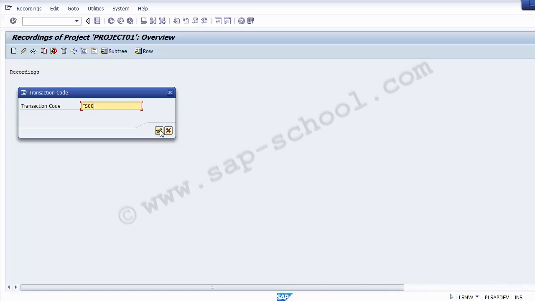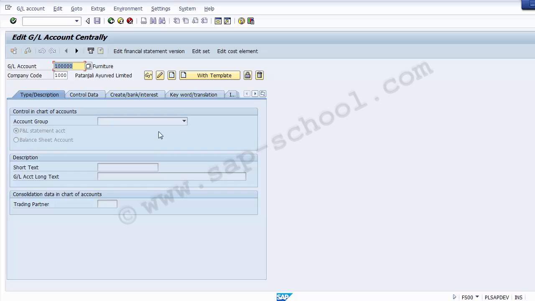So moving on to the next, continue. Now you can see on the screen that the transaction has been called up, and now we'll be creating the recording for it, and we need to assign the GL number over here which needs to be created. The GL which we will be creating now is, suppose, 100000 for, and once you have taken the GL number and the company code on this, we need